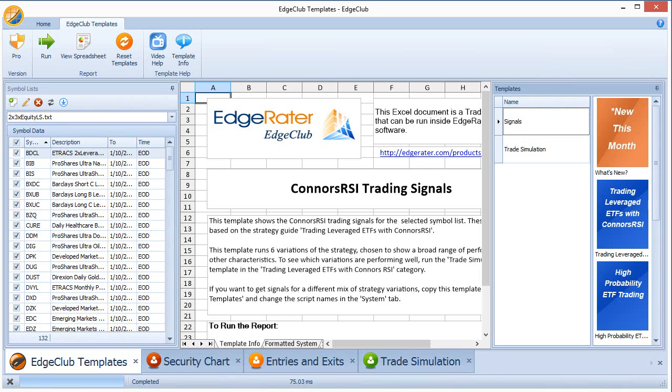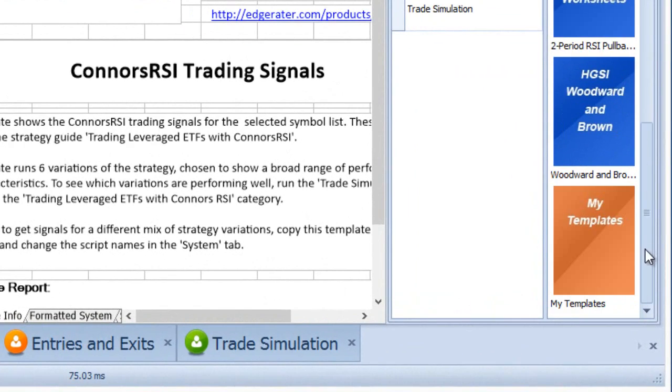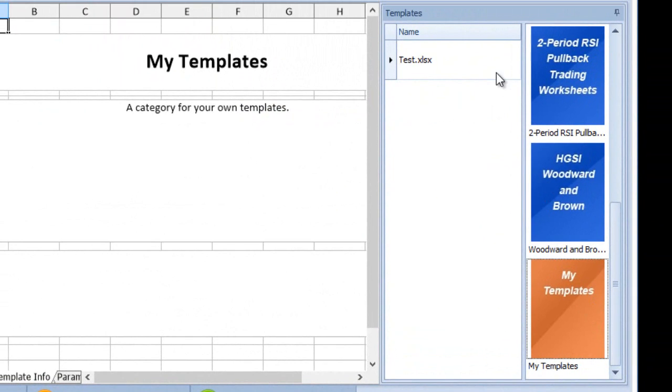This video will answer the question, how do you put your own variations of the signals, of the Connors RSI leveraged ETF trading signals, into the template, and how do you put it into the My Templates area? The My Templates category is down here in orange, and it's just called My Templates, and by default it only